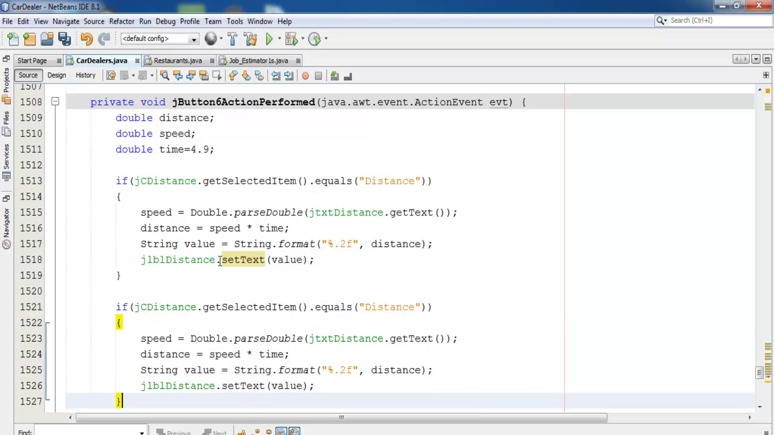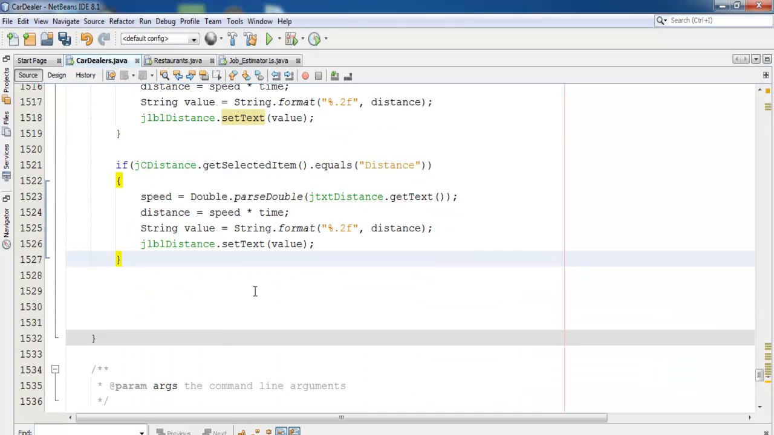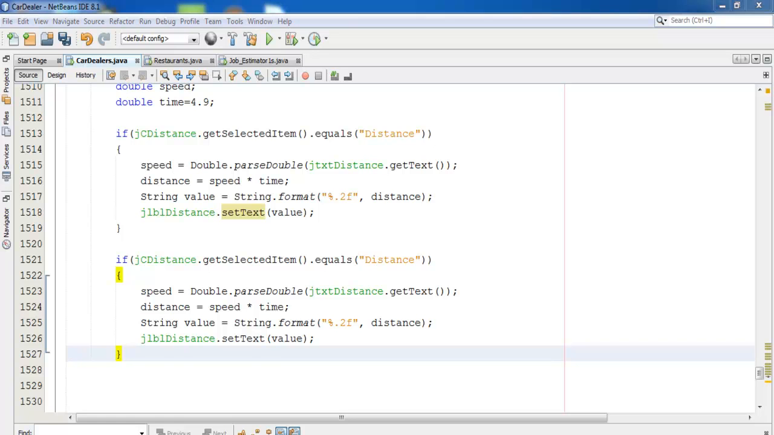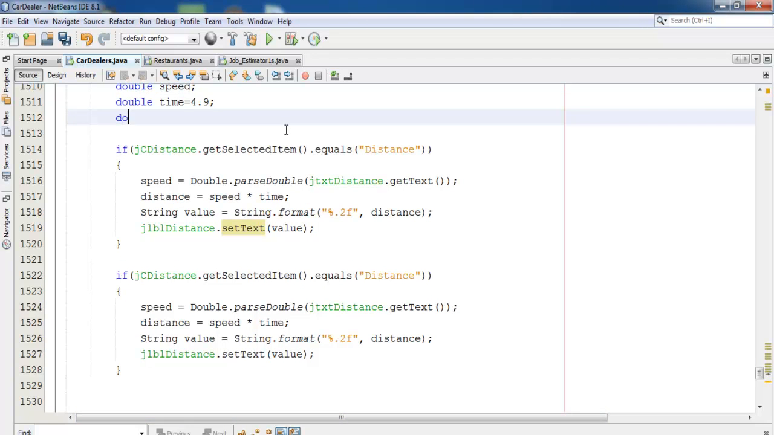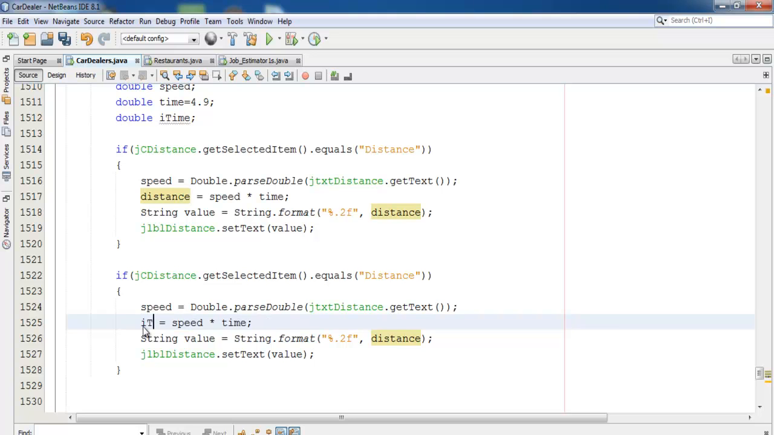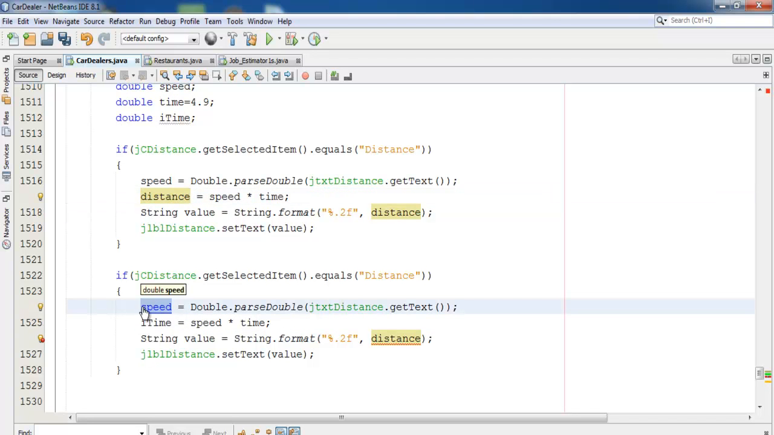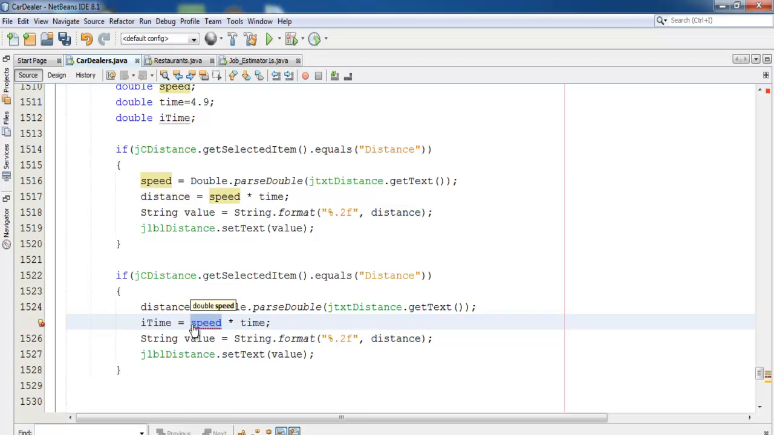So I'm going to copy this, come right down here, paste that, and we need to now work out, let's say we're working out time. The first one we've just done is distance. So if we work out time, let's declare another variable. Just say I time there. So in the case of I time, this will become distance divided by speed. So we need distance here, and this will be distance. Let's change this to distance right there, and this will become distance as well. Then divide by speed,